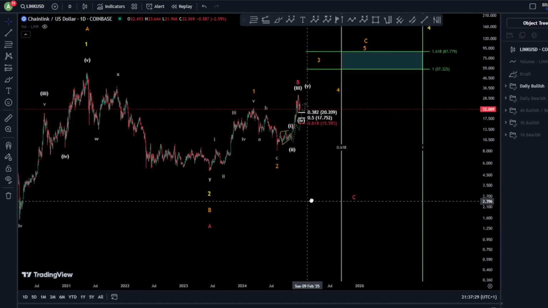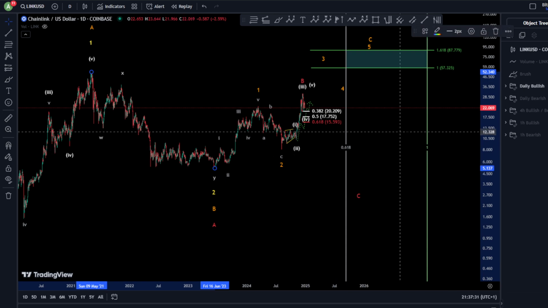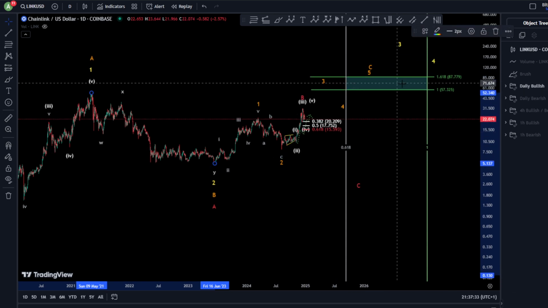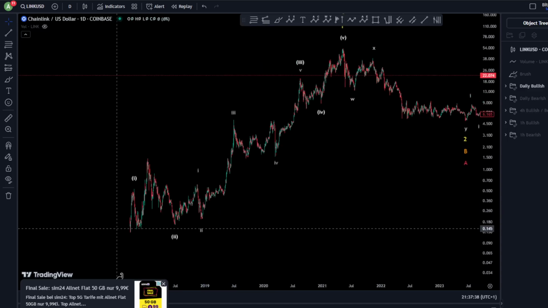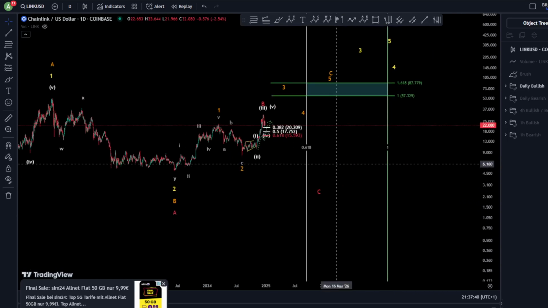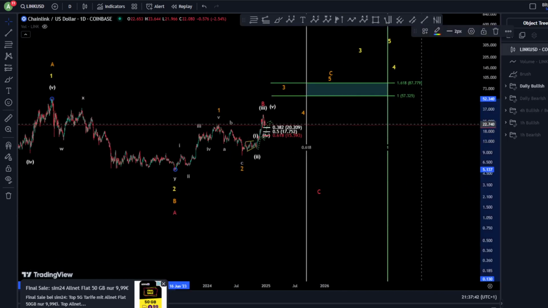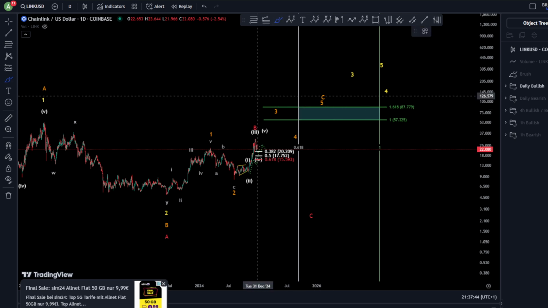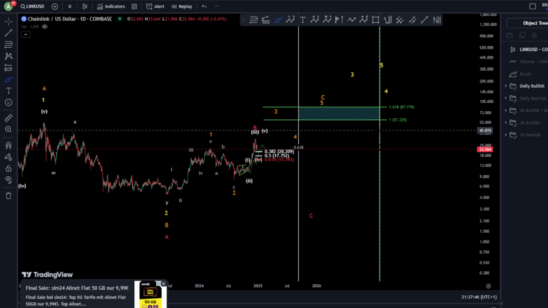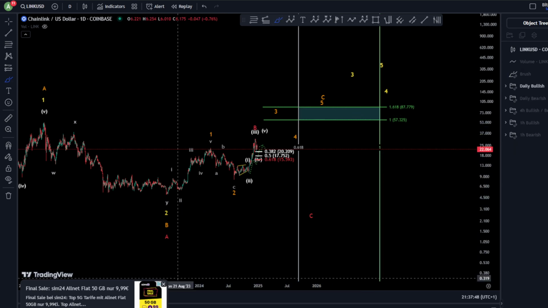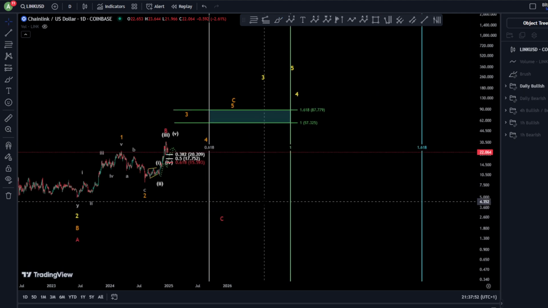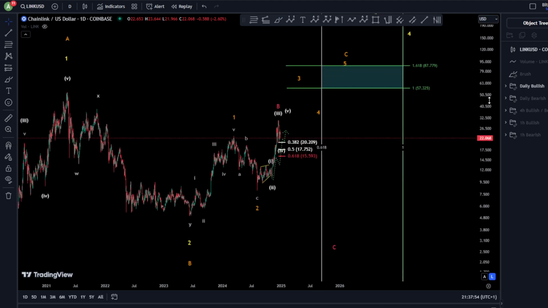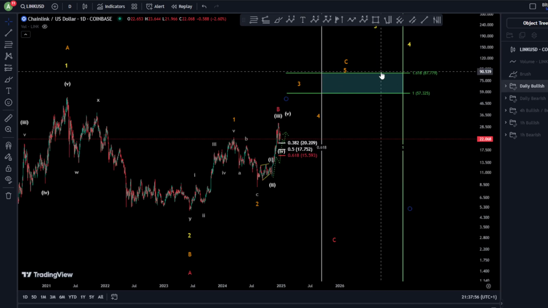Because if you have a wave C to catch at the top here, taken from the start of this impulse or wave A, you can see that the time needed to finish this wave C is still very, very far. And by all means, you would like to finish this, of course, after 2, 3 years even,